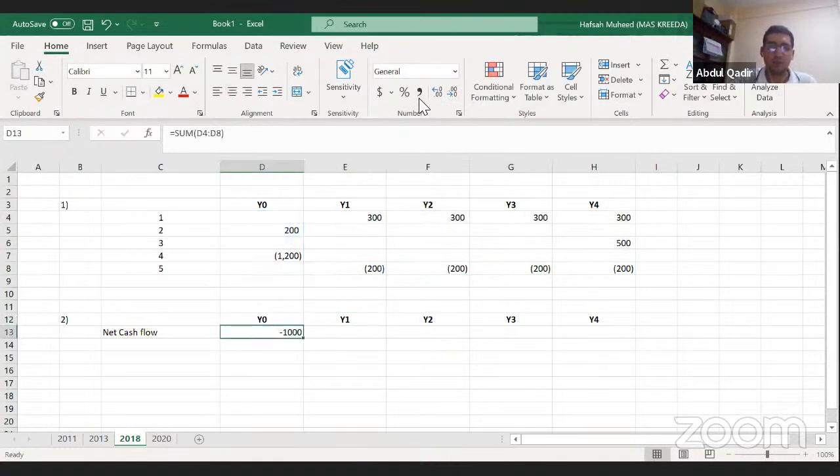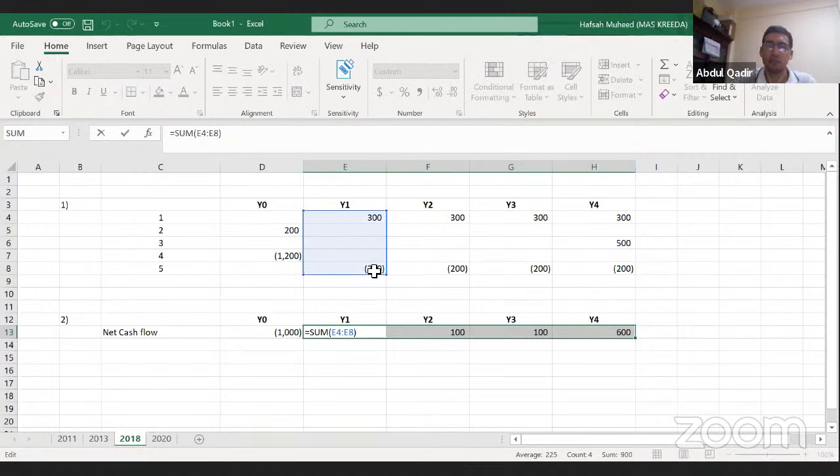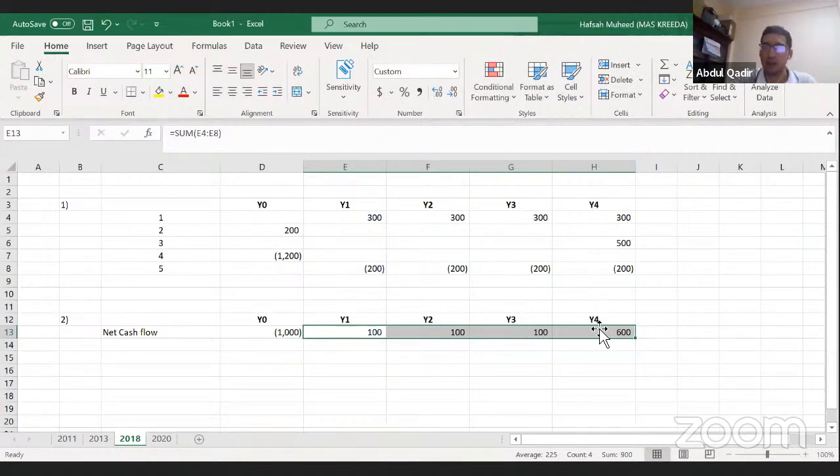So your net cash flow here is minus 1000. You do the same calculation across the other years as well. Here it's 300 minus 200. That's the same thing for the next 3 years. And in year 4, you have that 500 also coming in. That's why this jumps to 600. And now you do a normal